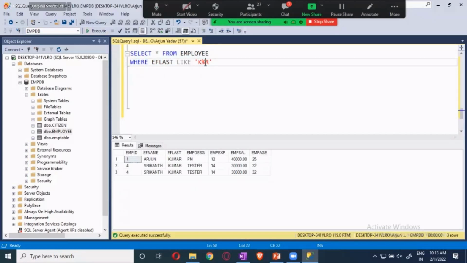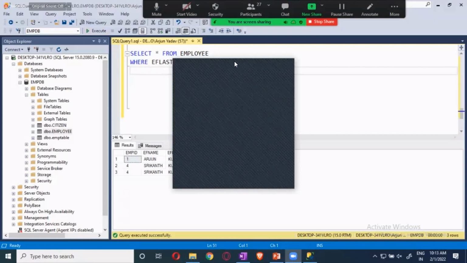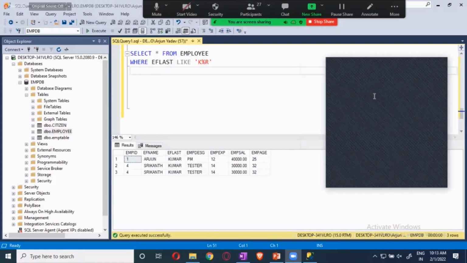Now if you want to give characters, you can give them in between the characters also. I didn't get it. Can we have a multiplication between different columns? You want to do the multiplication between the different columns? Yeah, you can do that. You have to do it with the stored procedure.